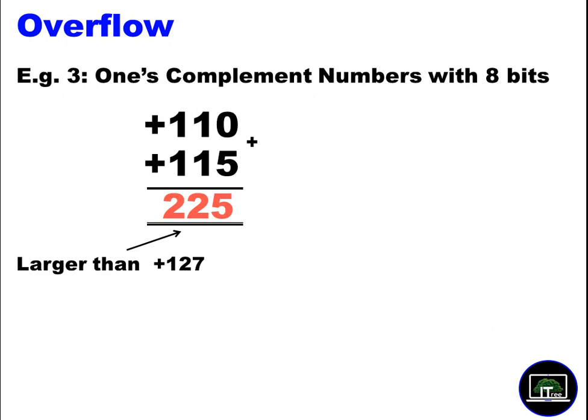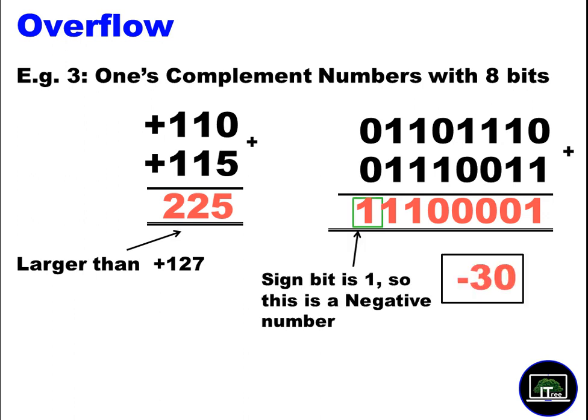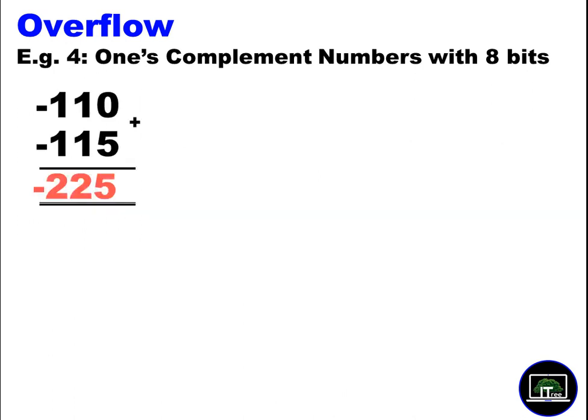One's complement. Another calculation. The answer is negative. Wrong. So here, since it is 1's complement and the sign bit is 1, it's a negative number, you must convert it. When you convert it, this is the answer you are getting. You can see in the calculation, the first bit is 1, the sign bit is 1. That means this is a negative number. You need to convert it. Once you convert, you get this answer. Still it is wrong.